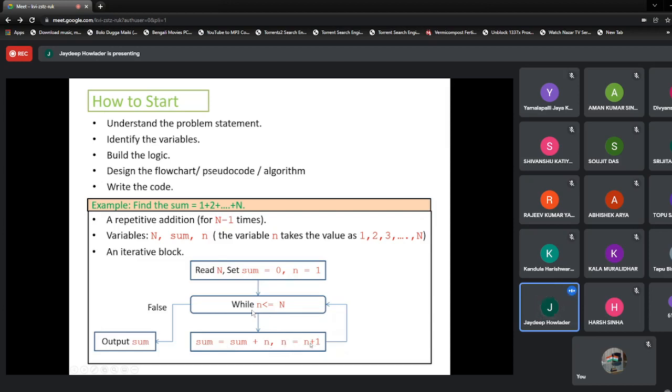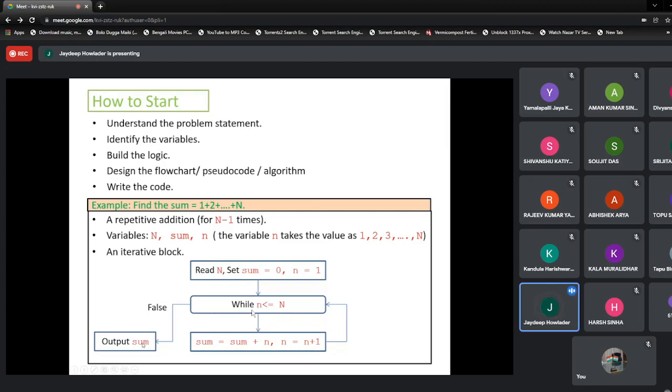As n is incrementing by 1, initially n has a value of 1, then it will be 2, then 3. While small n is less than or equal to capital N, we perform this operation. As the condition is true, we repeat. If the condition is false, we immediately jump out of the repetitions, and we get the output as sum.